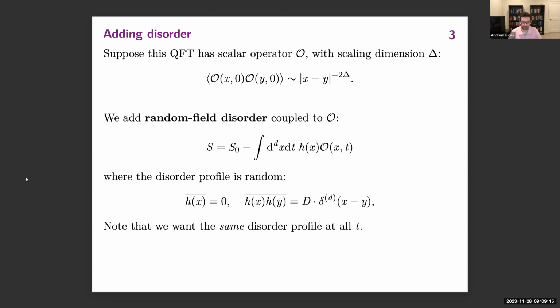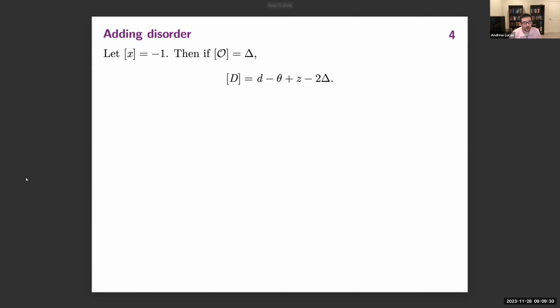So ideally, we have the disorder be zero mean. The over bar here denotes disorder averaging. And the variance of the disorder profile will be denoted with D. Okay. All right. A little bit more about this disorder profile that we're adding. If the operator O has scaling dimension delta, then you can do a simple calculation to check that the scaling exponent, or the dimension, if you like, of D is this kind of funny looking expression.